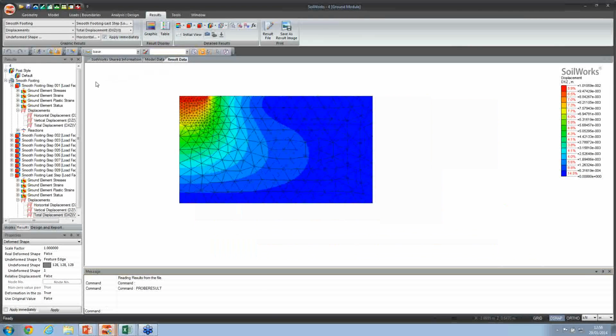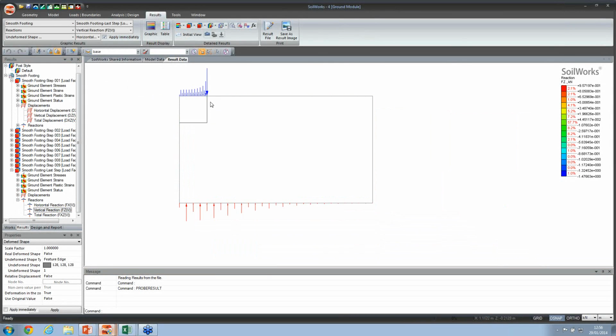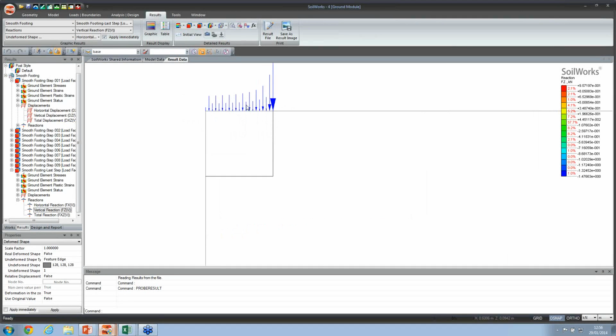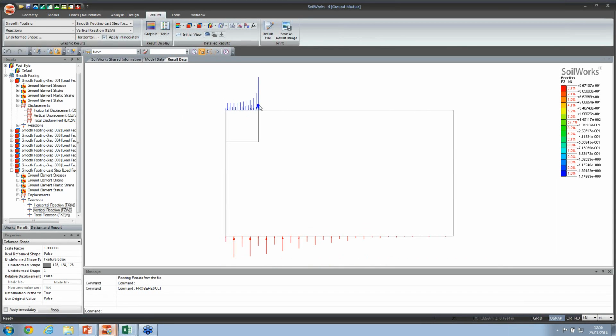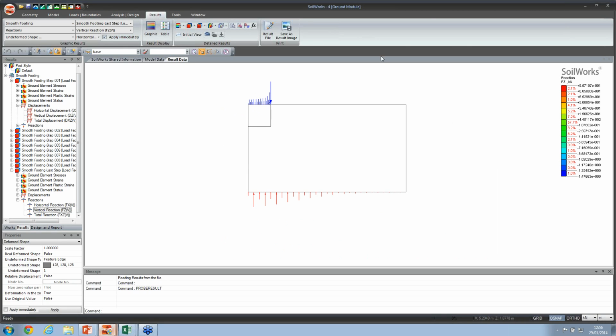Now to obtain the reaction on the surface, what you have to do is get the reactions, or the vertical reactions, like this, as you can see. Once this reaction is obtained, you will see here that there will be a slightly higher value of punching beneath this footing. So these reactions can be summed up in an Excel and used to obtain the bearing capacity